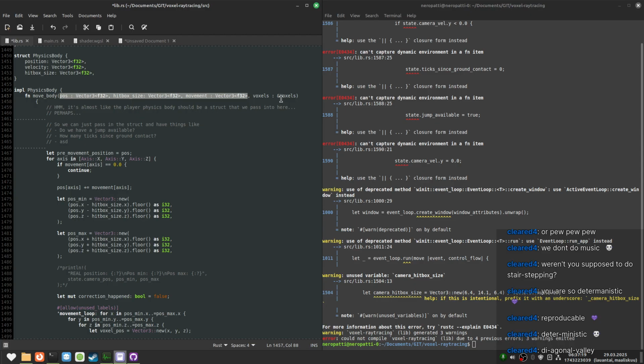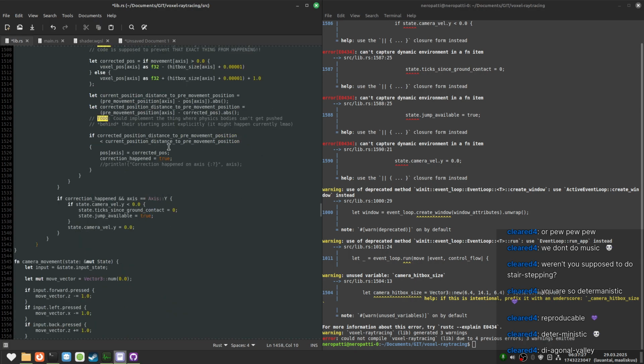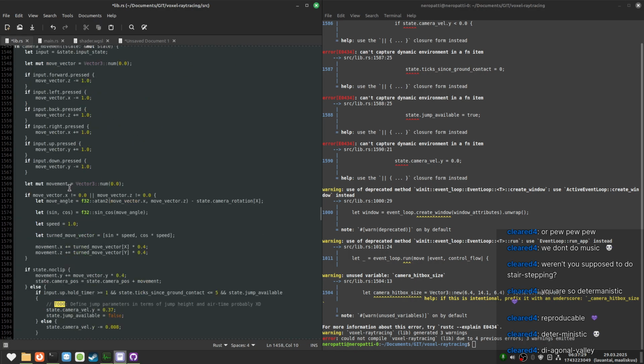Okay. So instead of moving the same body and having two candidate positions for it, and then choosing one of those, I'm going to duplicate the physics body. And then I will compare the positions of the two physics bodies and take the one that's further ahead.